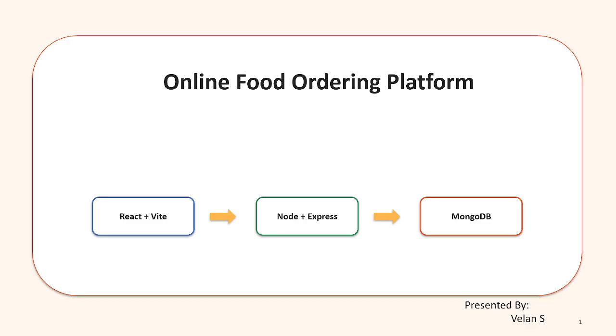This project is developed using the MERN Stack, which stands for MongoDB, Express.js, React.js, and Node.js. The main objective of this project is to provide a simple, secure, and user-friendly platform where customers can browse restaurants, choose food items, place orders, make online payments, and view their order history. This project also helped me to understand how a real-world web application is built by connecting front-end, back-end, database and payment